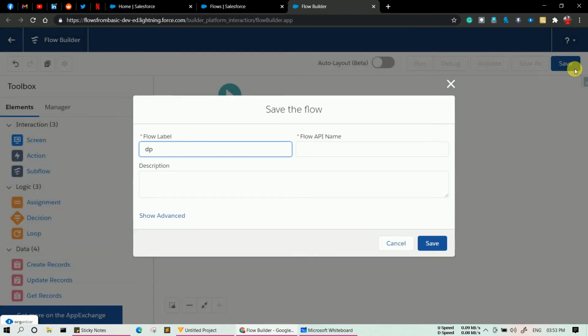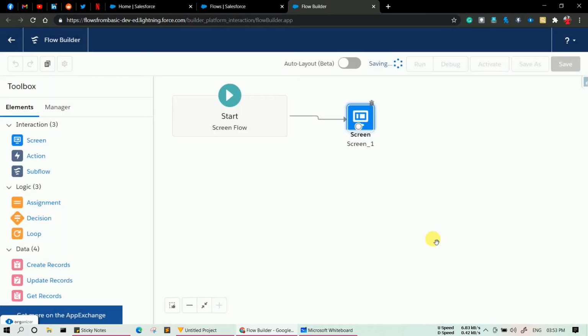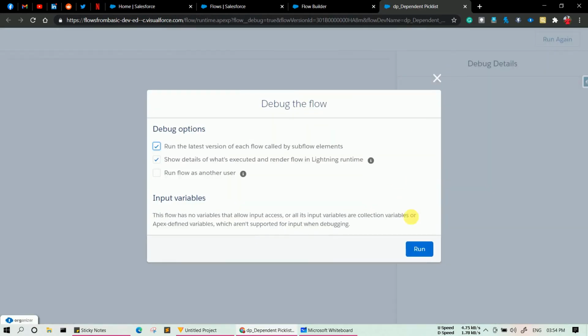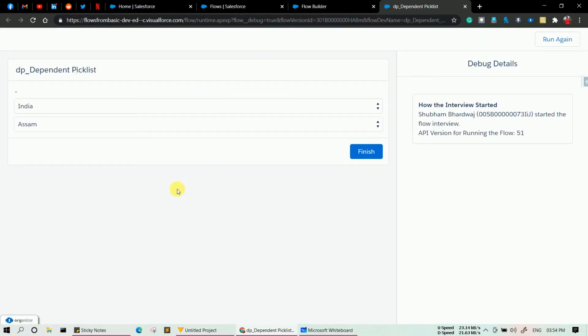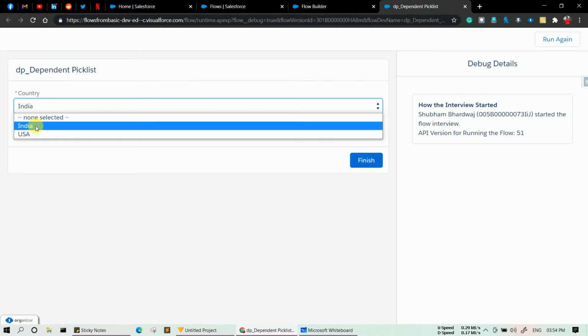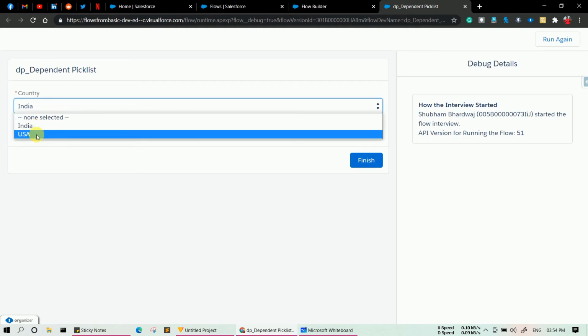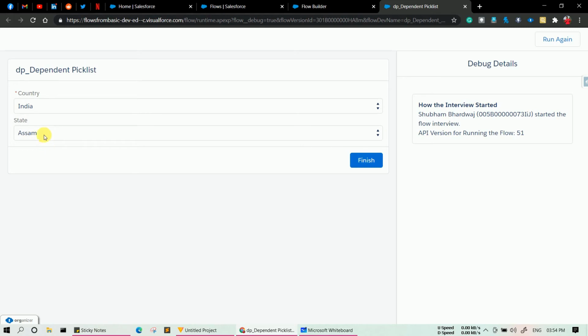Let's connect the dots and let's save this flow. DP pick list, and click save. Let's debug it, how it looks like. Let's run, and as you can see, country is a mandatory field as we provided true over there, and already the default value of country pick list is India, and the state is Assam, because we chose these two as default values.